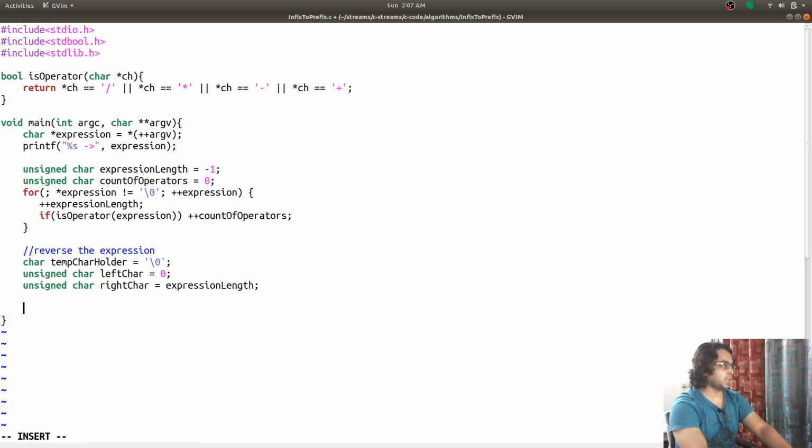So I'm not doing that right now, and I'm getting a correct result. So I'm going to say that while left starts from 0, this side of the character array, and right from this side of the array, we're going to swap the values, then move it here, then swap the values, then move it over here. So both the sides are moving toward the center. While left char is less than right char, then put the value on the left side in a temporary variable, expression.